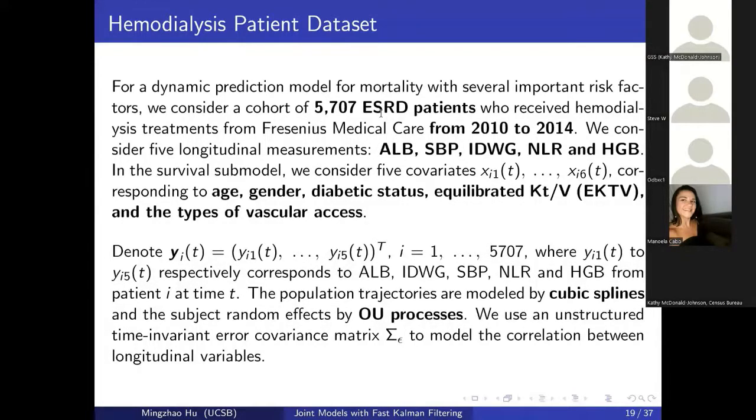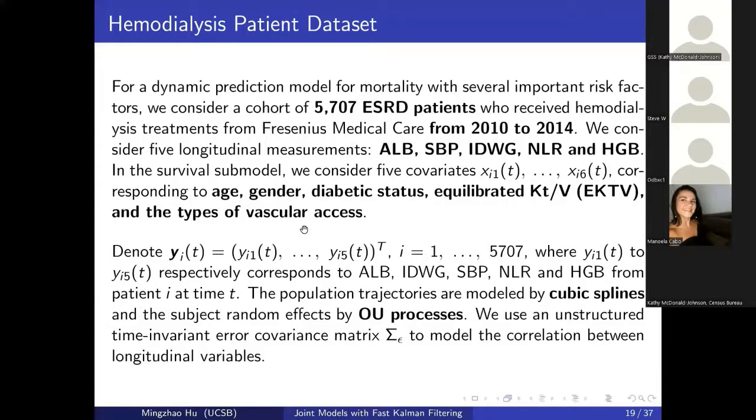disease patients collected from our medical collaborator, Fresenius Medical Care, during 2010 to 2014. Fresenius is one of the largest providers of dialysis care in the world, and we consider from this dataset 5 longitudinal key clinical variables: albumin, systolic blood pressure, IDWG, neutrophil to lymphocyte ratio, and hemoglobin. As for our survival submodel for the covariates X, we consider age, gender, whether the patient is diabetic, equilibrated KT over V ratio, and the type of vascular access, which describes the way the patient is connected to the dialyzer